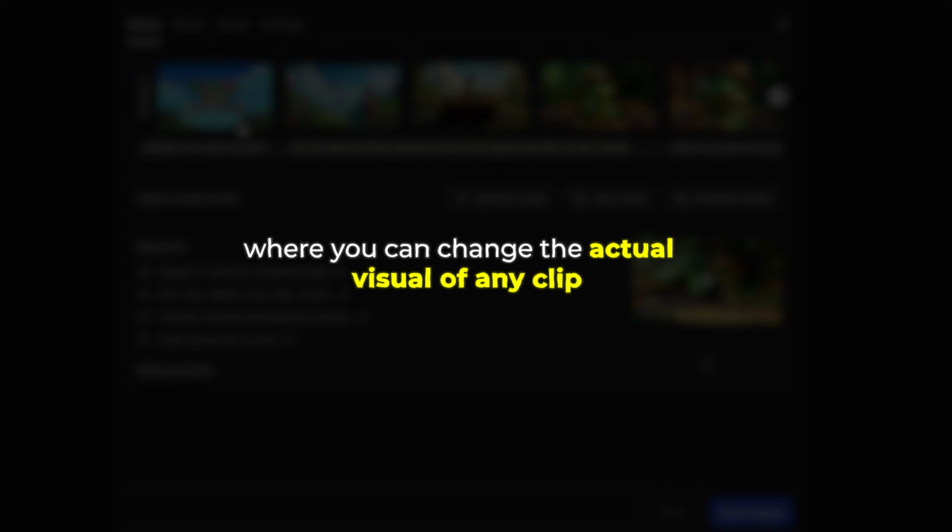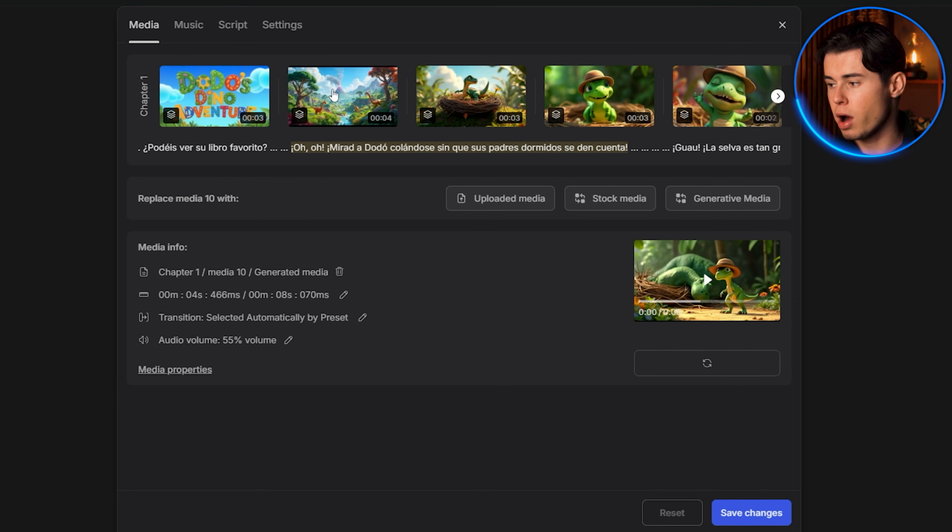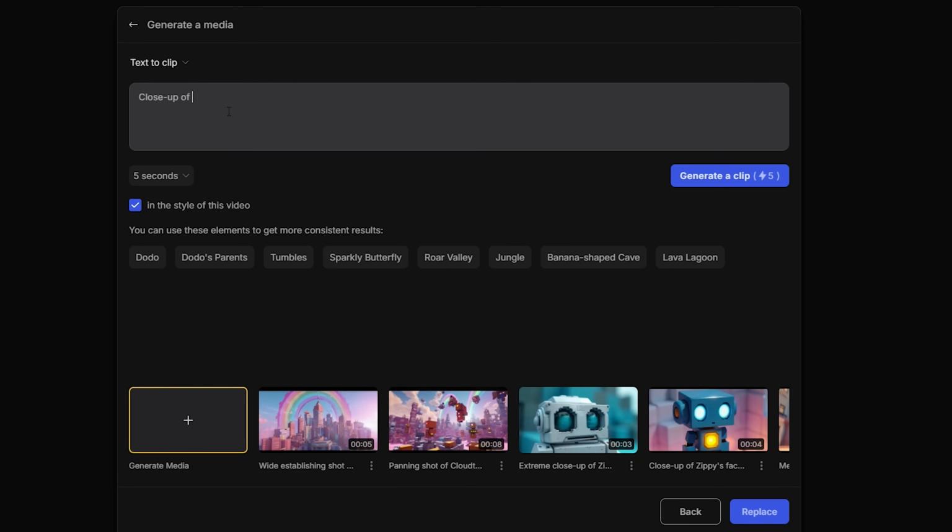Starting with Media, this is where you can change the actual visual of any clip. Say I want to change the opening shot of Dodo to a close-up where he's looking excited. I can just type that in, close-up of Dodo smiling in front of glowing plants, and it'll regenerate that scene